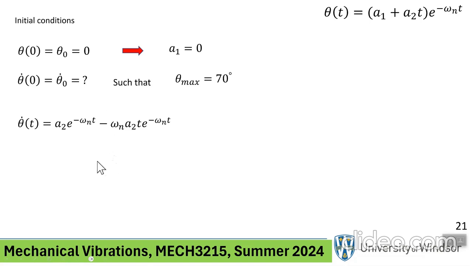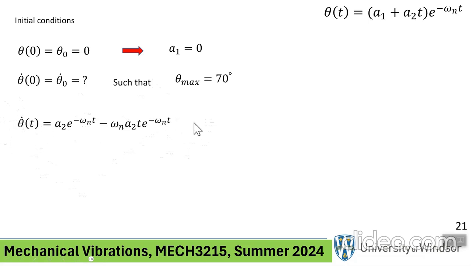Okay? So the first thing I'm going to do, I want an expression for the maximum value of the angle theta. So how do we find the maximum value of something, anything? You differentiate with respect to the variable. Here time is the variable. I want the maximum theta to be 70 degrees, by the way. So how do I find